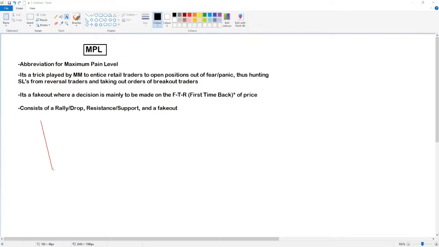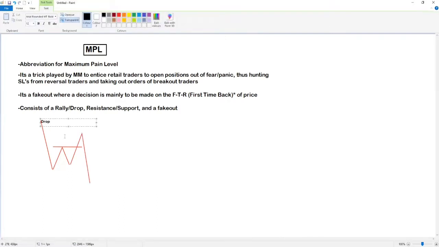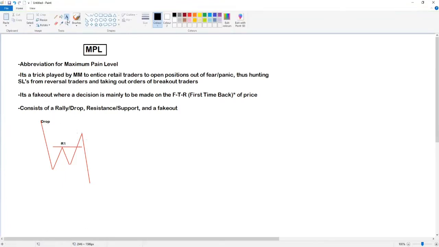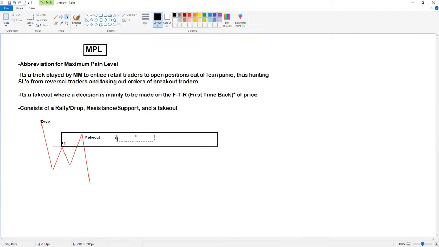So you have a drop, right? And then the market creates this low, right? Now it takes it out and then comes back. In this instance, you have a drop, you have the market forming a resistance. So we'll call this resistance 1 because it's a resistance that's only been tested once, right? And then you have this fake out and then you have a drop. Now, this right here then becomes your MPL zone,